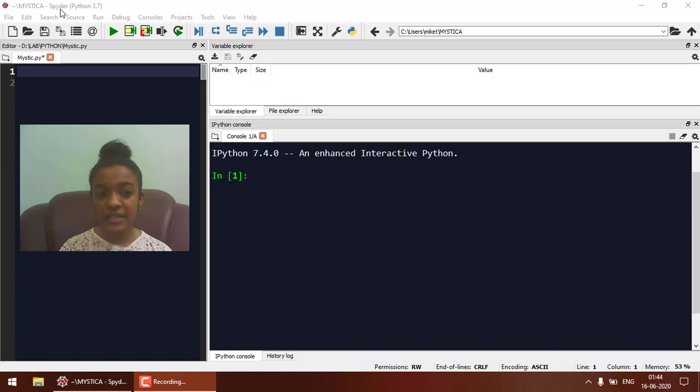I chose Spyder IDE because it is completely free to download. Any person from anywhere can download the Spyder IDE for free. There are also several other IDEs present, so you can install any one of them in order to code your Python programs. But I chose the Spyder IDE because the first thing is it is free to download.